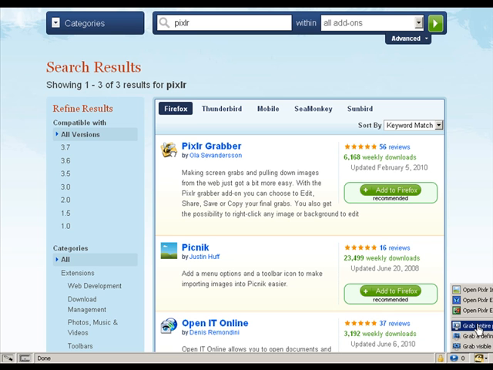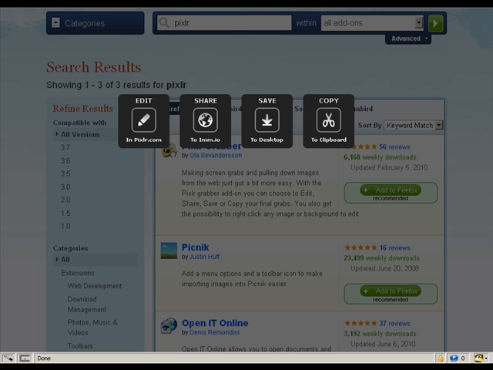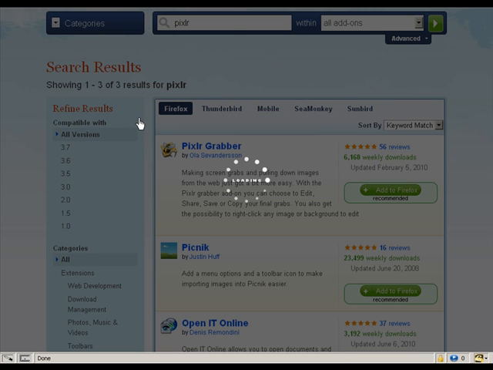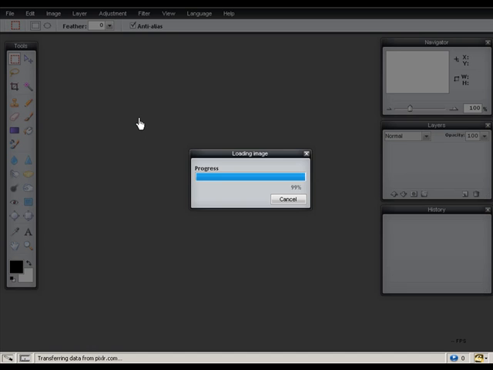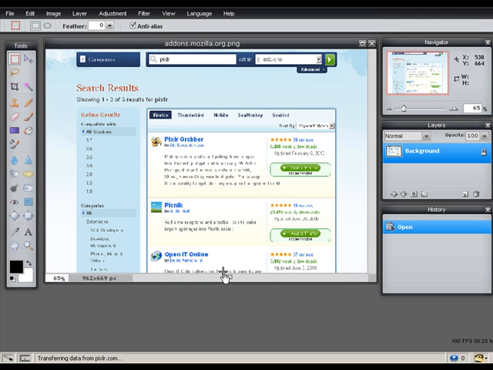Defined area, entire page, or visible part. The visible part is just going to be what you see right here. Go to edit and you'll see what I'm talking about. You'll notice that we no longer have all the way down to the footer of this page, only the visible part. So that's how you can get some easy screenshots and pull stuff off, especially when you're making video tutorials